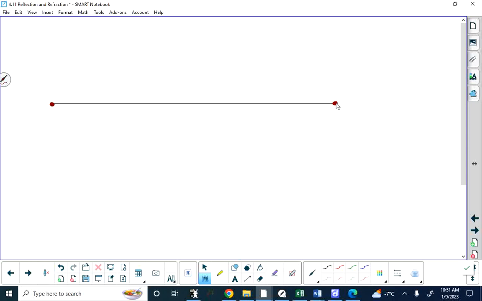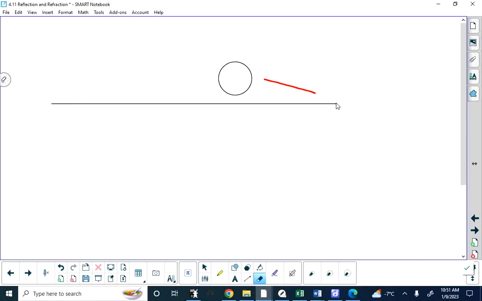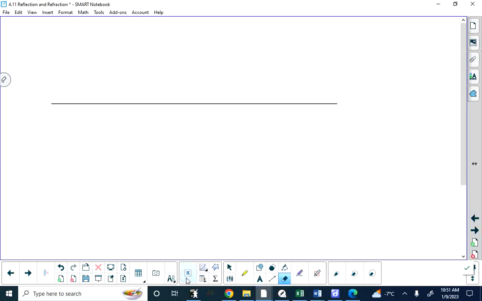So it turns out that if I were to take this string and pluck it in the center, then I'm going to get a standing wave with a wavelength a half the length of that string. It's going to oscillate up and down, and that's only half of a wavelength. Are you with me on that? It's possible for me, and whatever frequency that oscillates at would be the frequency we would hear. It's possible for me to take that string